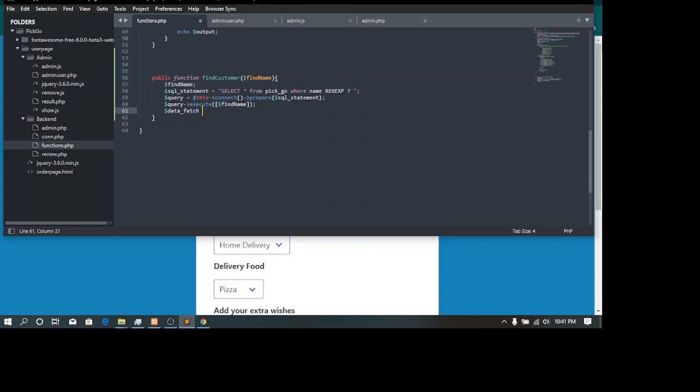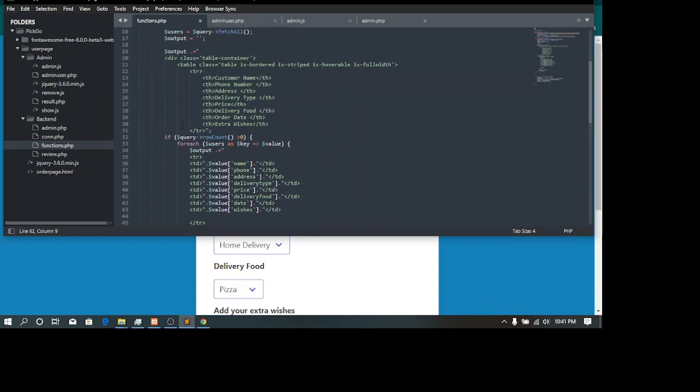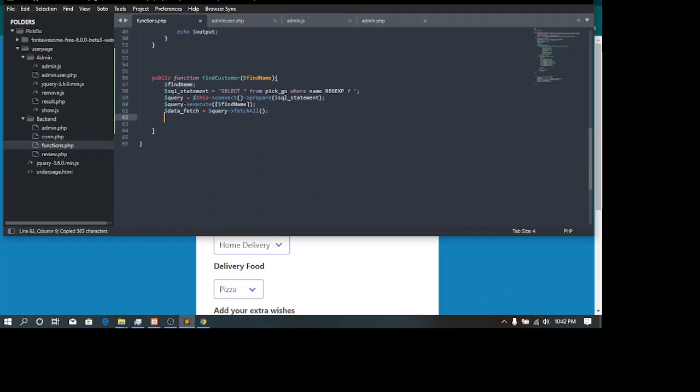Fetch equals to query dot fetch all, because we're fetching for all the entire data. So what we're going to do here, we're going to copy what we have here, this inputs here. We're going to copy it like that. Come down here, paste it there.